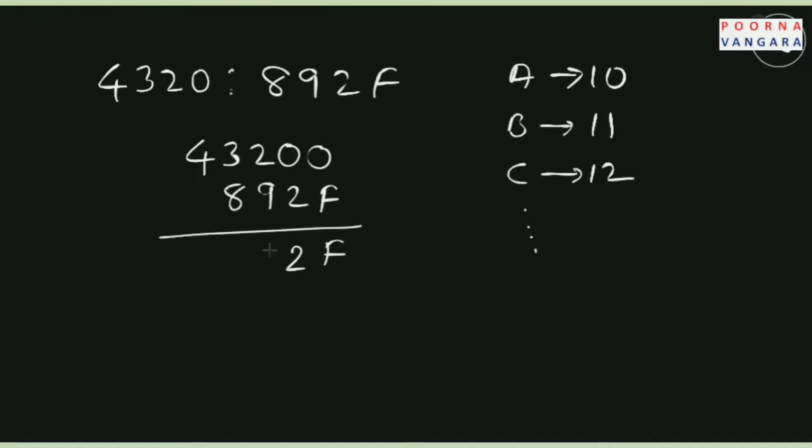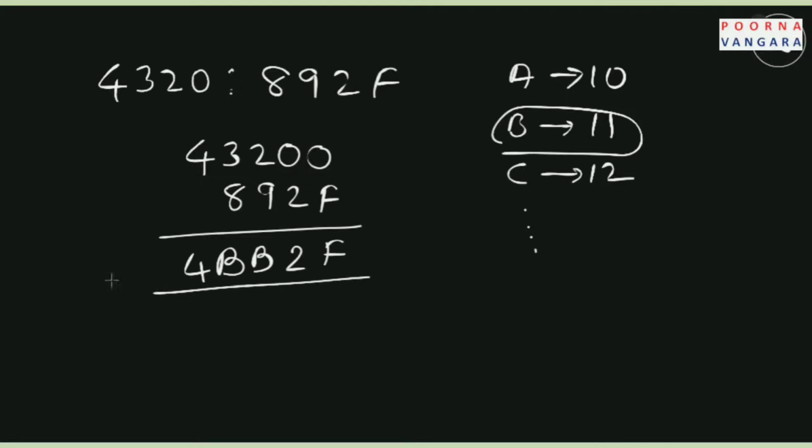Most of the times a few students will do 9 plus 2 is 11, writing 1 and 1, continuing with decimal addition, but you need to make sure that you are in hexadecimal representation. So 9 plus 2 is 11, so you need to use the symbol B, and 8 plus 3 is also 11, B, and 4. So this is the physical address of this particular representation.